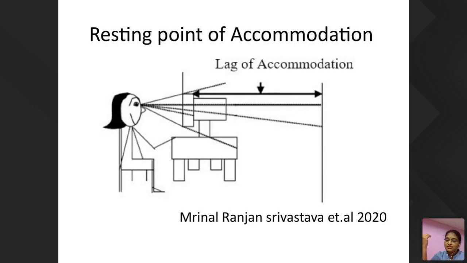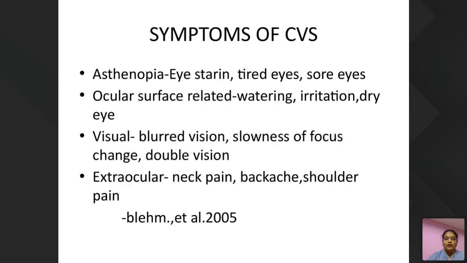That is contraction, relaxation, contraction, relaxation, contraction, holding. What happens? It causes the spasm or the strain. The same thing is happening. Previously I spoke about the symptoms of computer vision syndrome or digital eye strain. That is a complex of symptoms: asthenopia, and ocular surface related things like watery eyes. Here I have to point out dry eye. Actually, this dry eye is a main cause for computer vision syndrome or even for asthenopia.